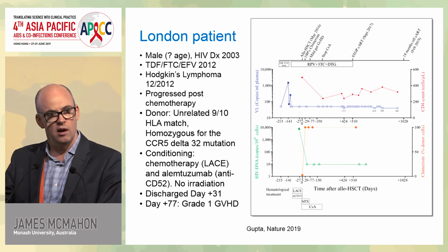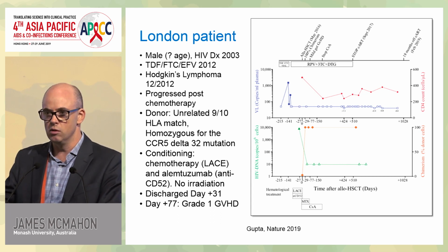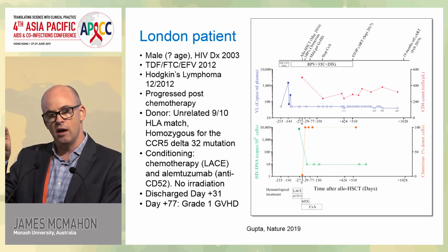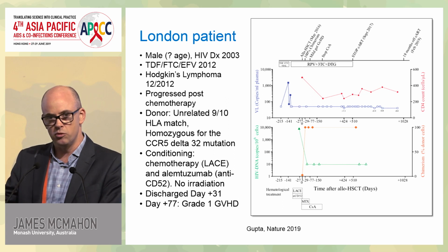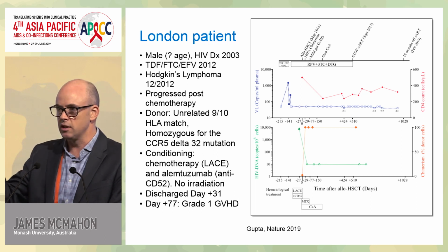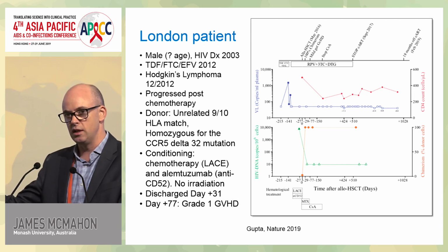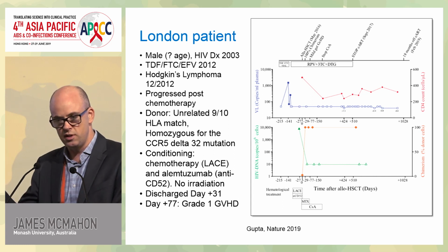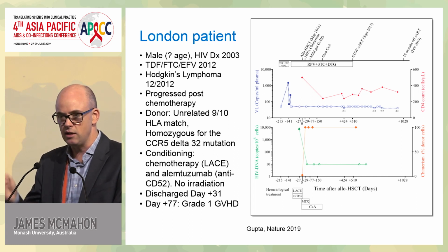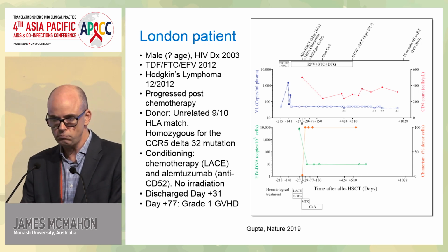So this gentleman and the other patient in Dusseldorf are in a cohort in Europe called ICI-STEM, where they are recruiting individuals with HIV who have hematological malignancies, and then following them through the process of transplant and trying to understand the factors which lead to whether they control HIV or not. The common feature amongst Tim Brown and the two subsequent cases I'm presenting is that the new bone marrow they get from the new donor does not express this CCR5, and it is now thought that's the basis for why these people maintain long-term suppression off ART.